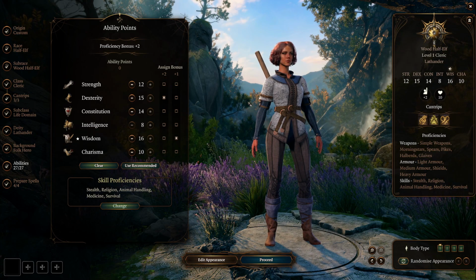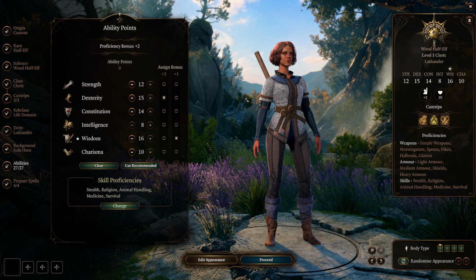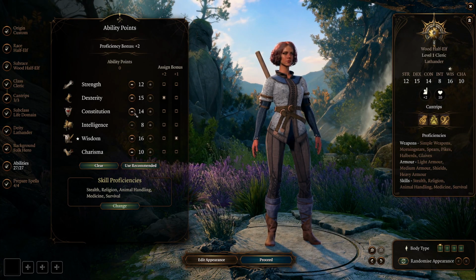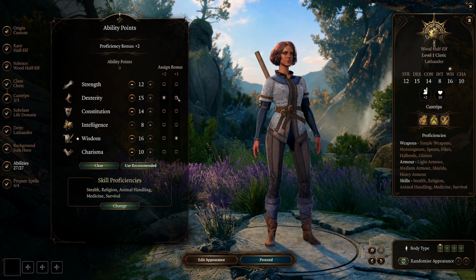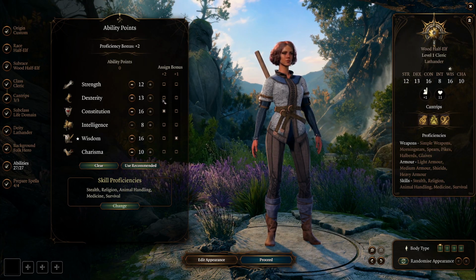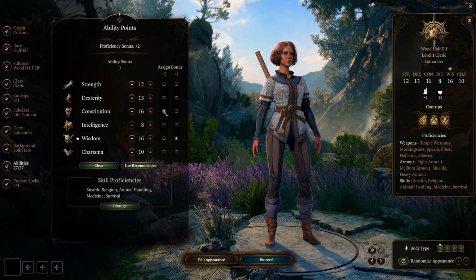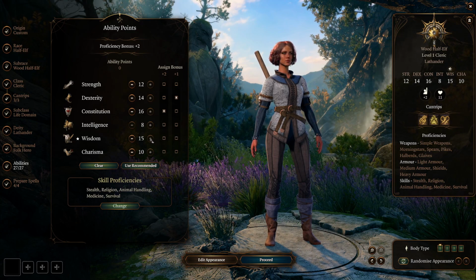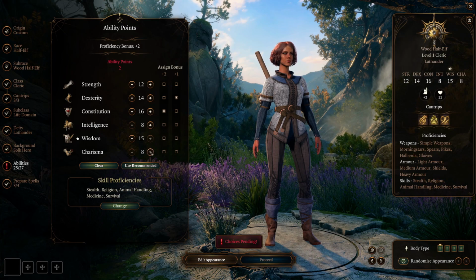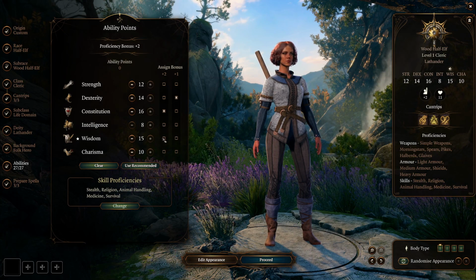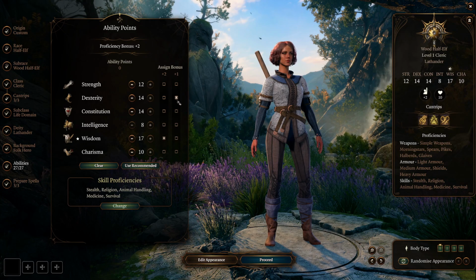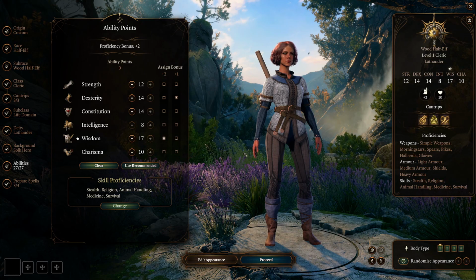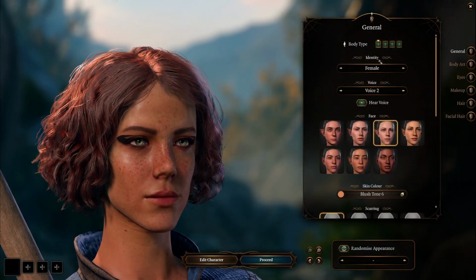That's why I just decided to dump straight down and take dexterity up. All right, let's edit our appearance.